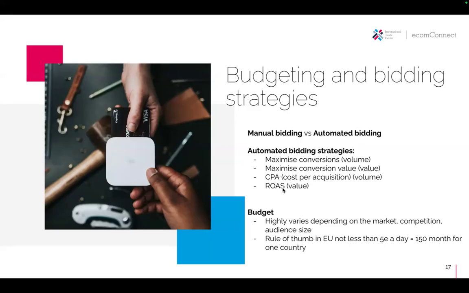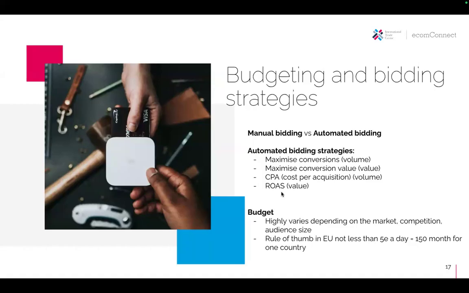And then the next step from that is ROAS. The letters come from return on ad spend. So once you have given the value of your product, let's use this $10 product as an example again, let's say that you use $2 in your advertising before somebody buys your product.